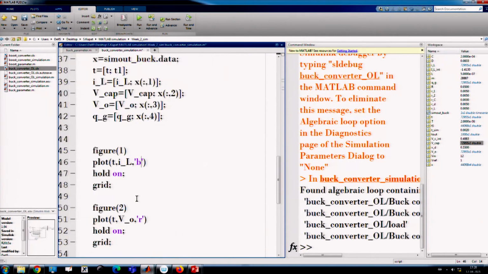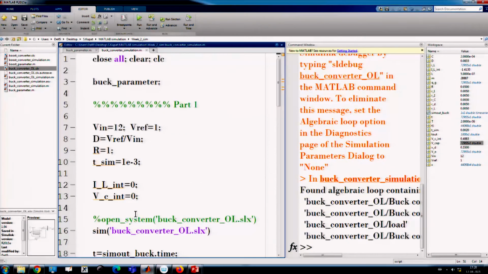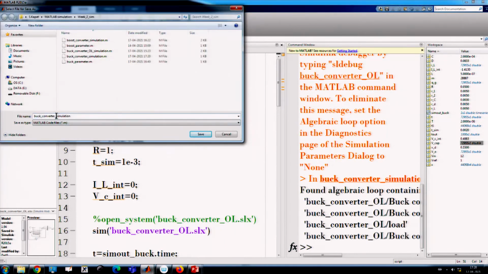Okay. So, now the same file I am going to use for closed loop. I will save it as buck converter simulation, voltage mode control.